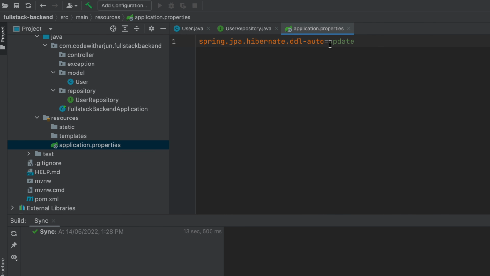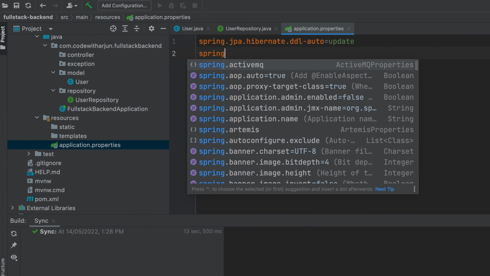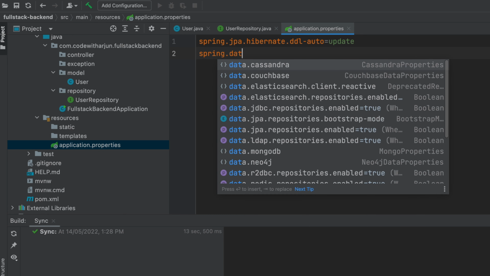If you write create instead of update, each time you run the application, the whole data you have inserted into your table will be deleted. I will be using update here, so that the data we use will be saved for the next time we run the application. Then just type spring.datasource